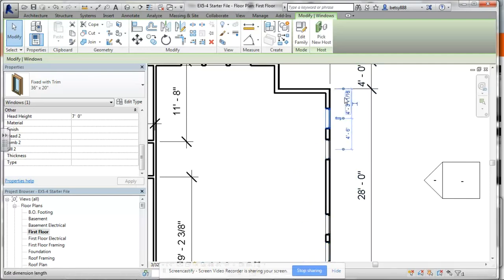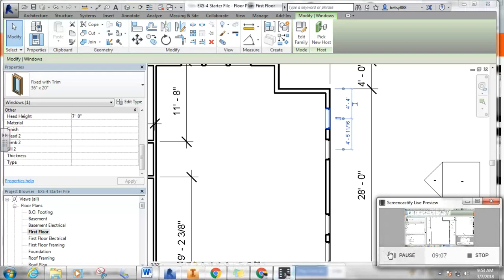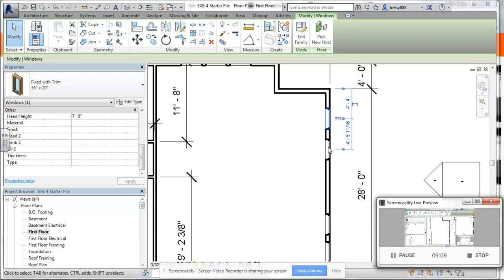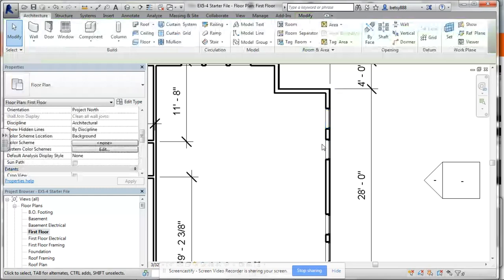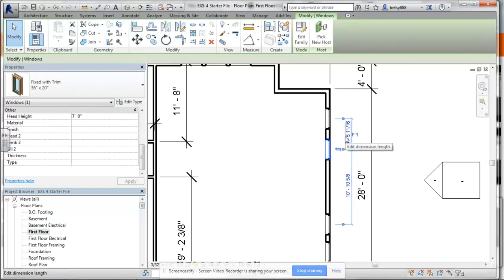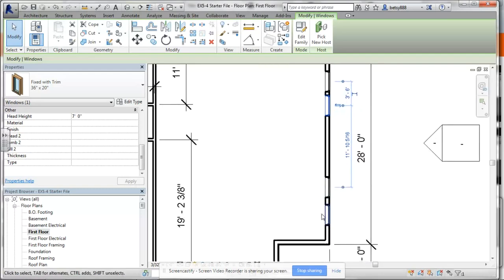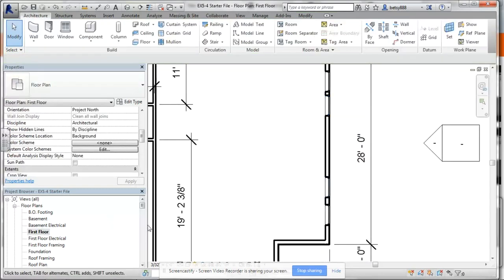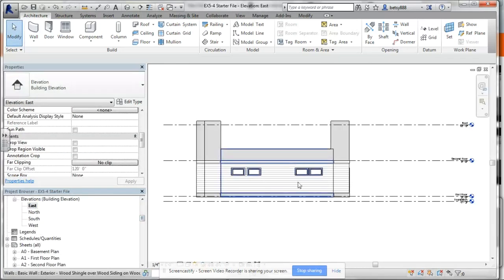So this has to go to the outside wall. And now you can change this to 4'4". And now to move this window, you have to click on this window instead of the other one. And you can change this dimension to what it's supposed to be, which is 3'6". And do the same thing for these two windows to size them correctly. And now if you go back to your east view, you will see that these two windows are located correctly,